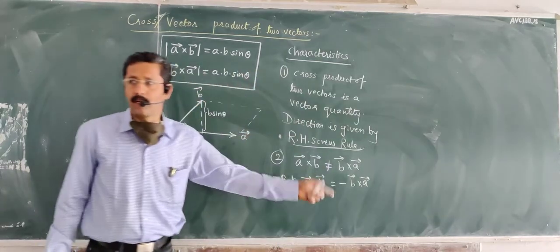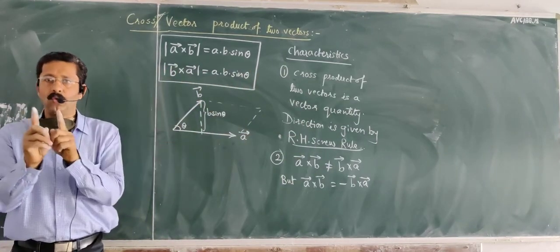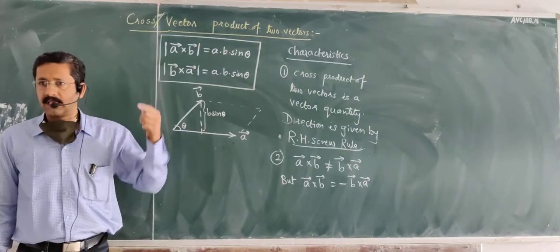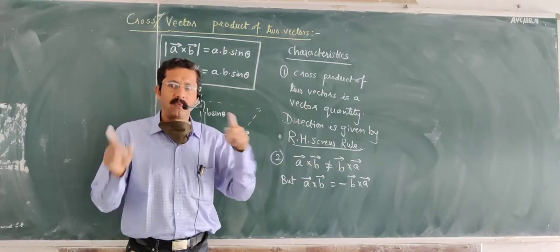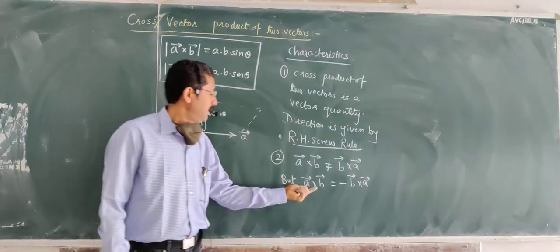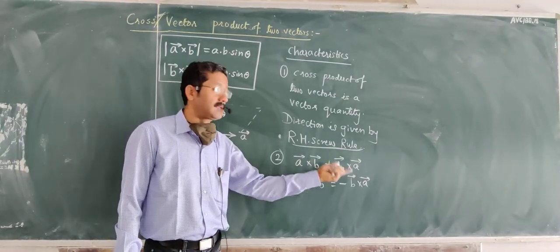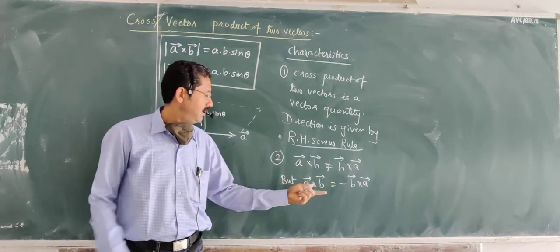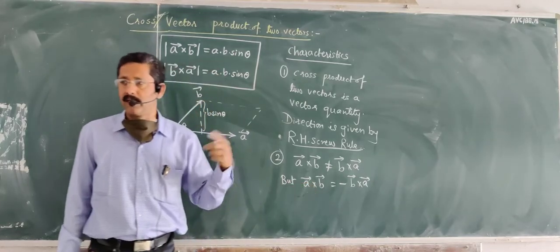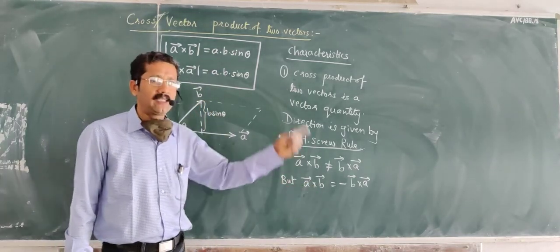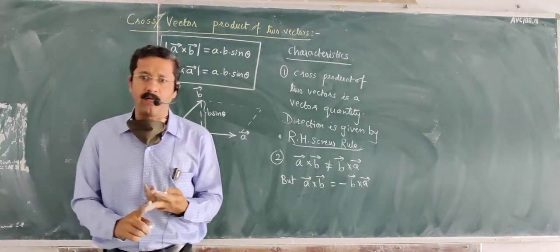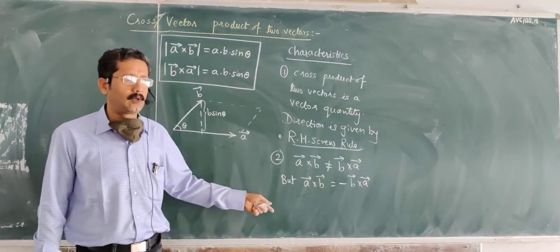We studied right in the beginning of this chapter that two equal vectors in opposite directions are represented by a negative sign. When I say A is equal to minus B, it means vector A and vector B have equal magnitude but exactly 180 degree opposite direction. Similarly here, A cross B and B cross A are not equal. Their relation is A cross B equals minus of B cross A, and that is why, whereas in the scalar product we said that it is commutative, meaning A dot B is the same as B dot A, here the cross product is not commutative.